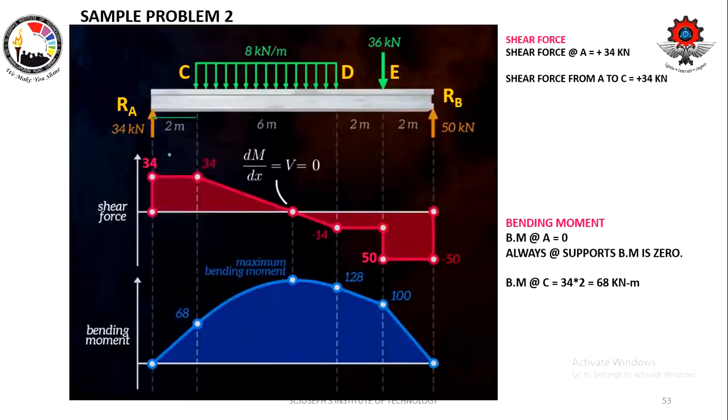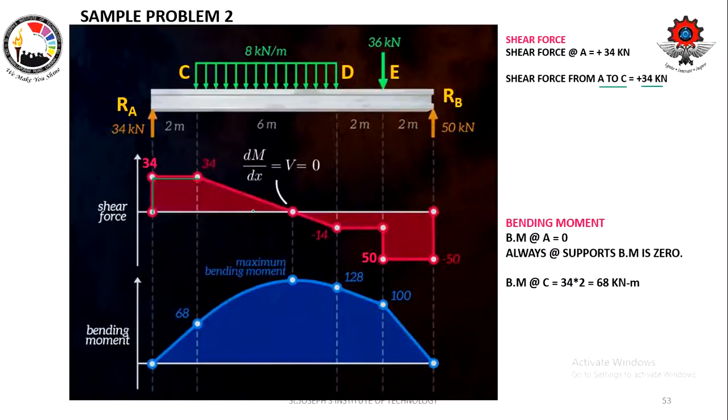We have already seen the relationship between shear force, bending moment and rate of loading. In that condition 1, do you remember that if we don't have any rate of loading, the shear force should be a straight horizontal line? So initially it is 34, then a horizontal line of 34. We are maintaining that horizontal line continuously because there is no rate of loading here, right? So from A to C it is going to remain as 34.